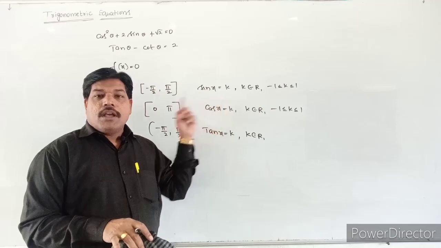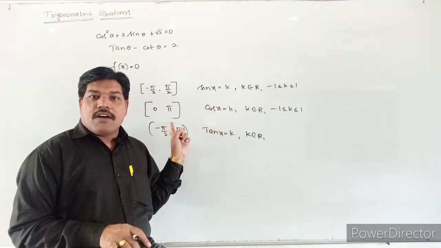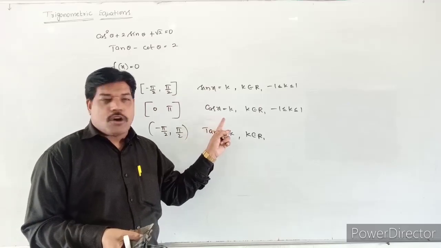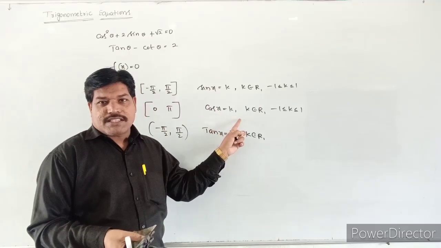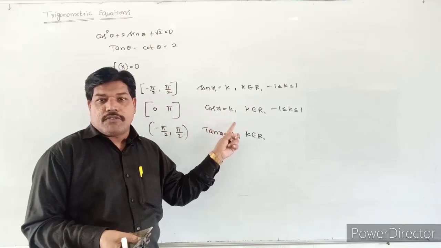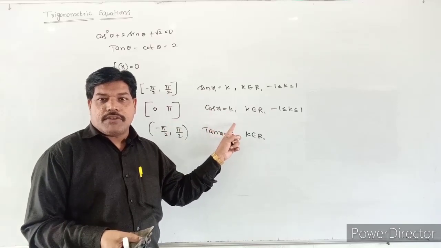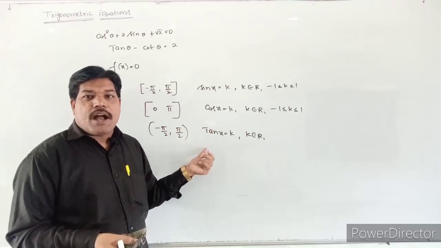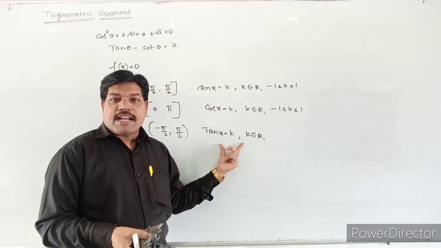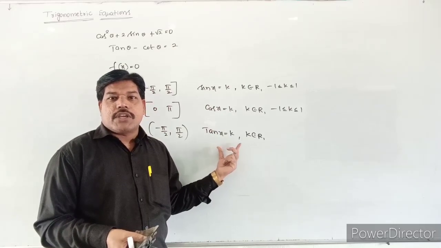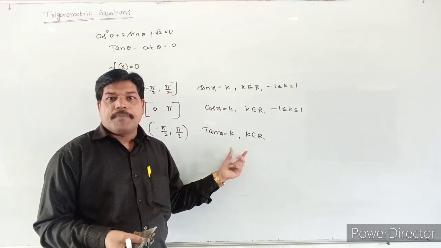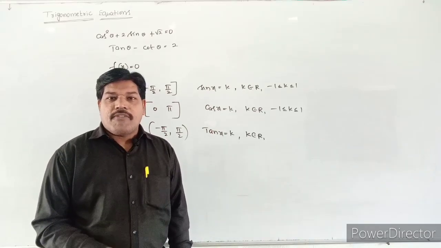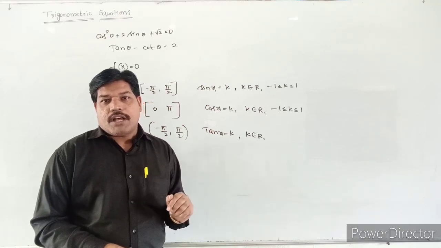Similarly for sin x = k. There exists a unique value of x such that it satisfies the equation cos x = k; that x is called a principal solution of this equation. There exists a unique value x in the open interval (-pi/2, pi/2) that satisfies the trigonometric equation tan x = k; that is called the principal solution of tan x = k. Do you understand that, students?